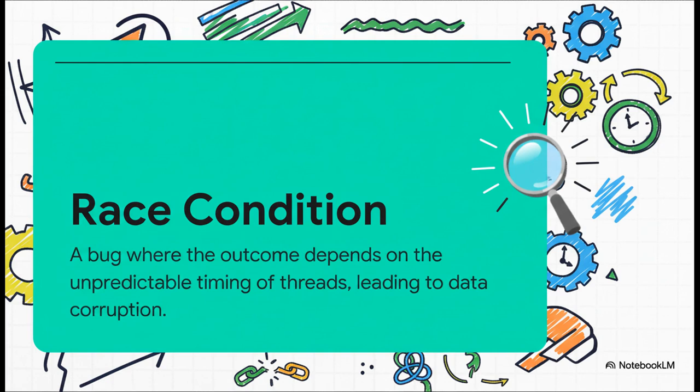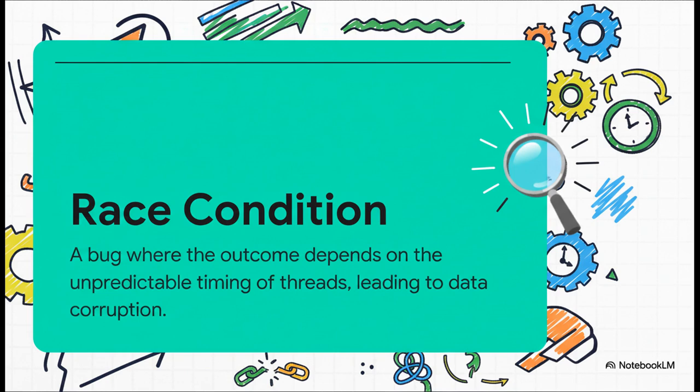Imagine 2 of us trying to update a number on a whiteboard. I look at the board and see the number 5. In my head, I add 1 to get 6. But right before I can write 6 on the board, you look at it and you also see 5. You add 1 and write 6. Then I finally write my 6 over yours. We both did an increment, but the final number is 6, not 7. That's a race condition. The result is just plain wrong because it all depends on the unpredictable timing of who